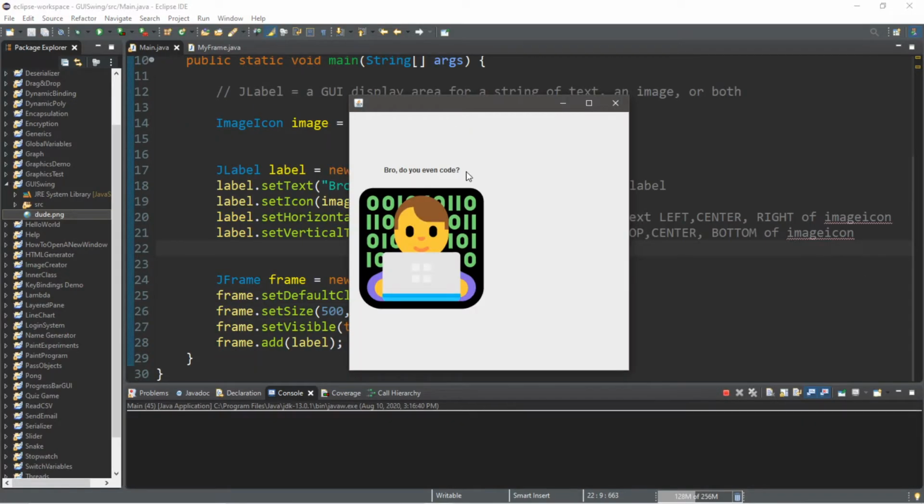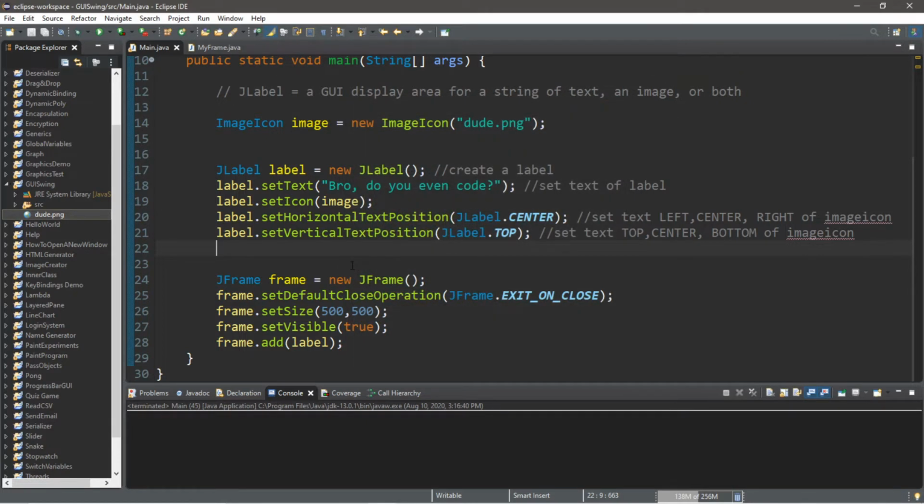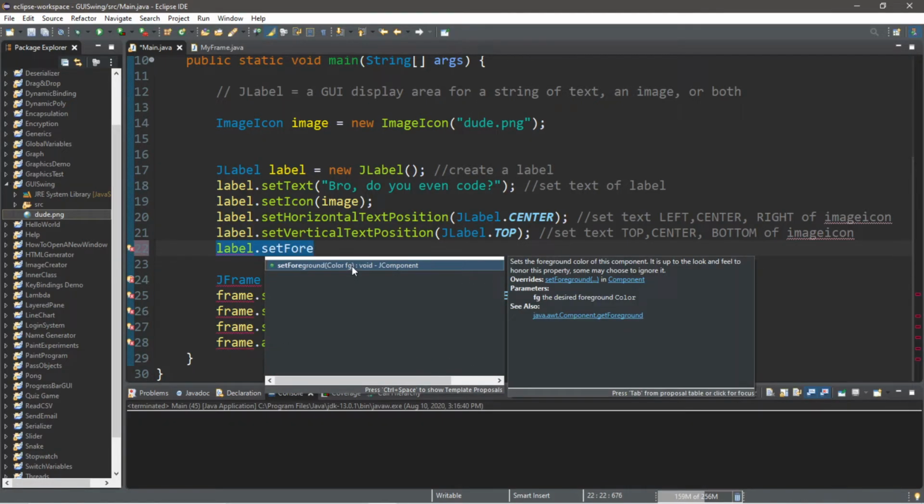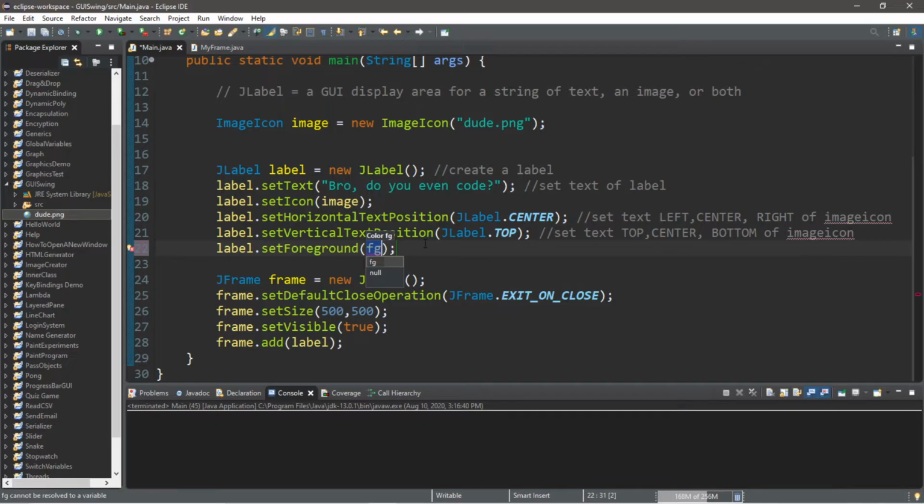Okay guys, let's get a little crazy. Let's change the font color as well as the font styling of the string of text of our label. So let's begin with the font color, and we can use the label.setForeground method to do that for us. We can pass in a color, and there's a few constants that you can use. So let's say that we want green. We can say Color.GREEN.